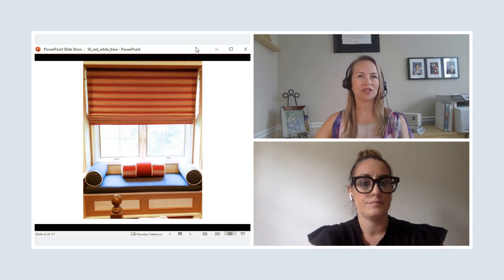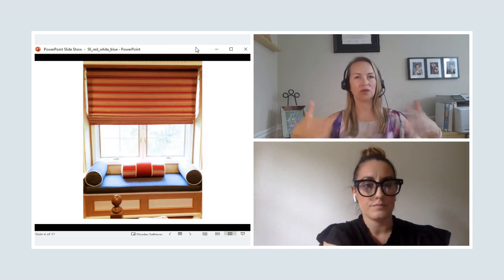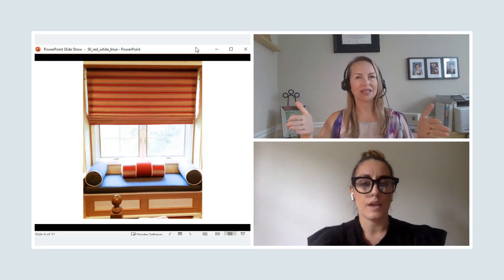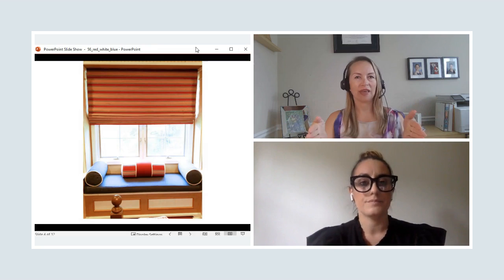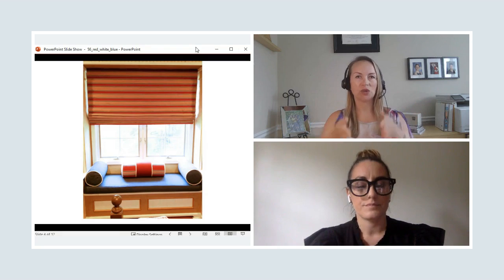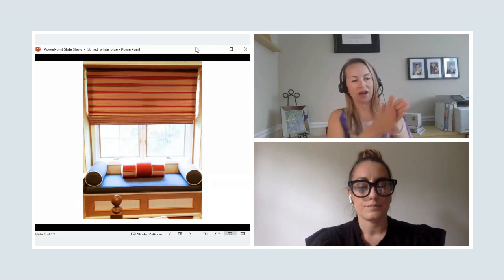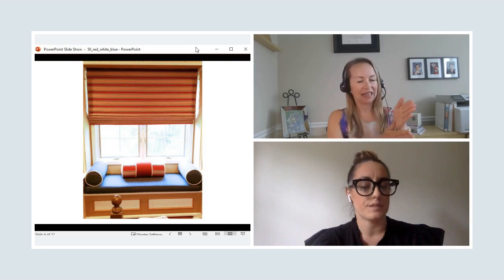And for them to understand that even though we're going outside of the window, on top of the frame, we're still going between the walls. So it's not that we're going between the frame for the inside installation, we're going between the walls, so it's still an inside installation. And anytime you have any kind of wall, whether it's drywall or a trim, anything